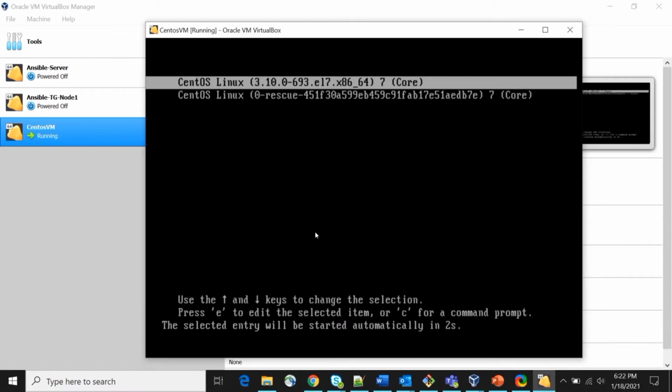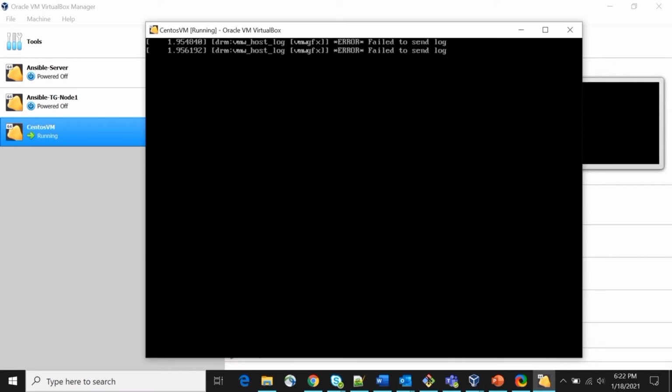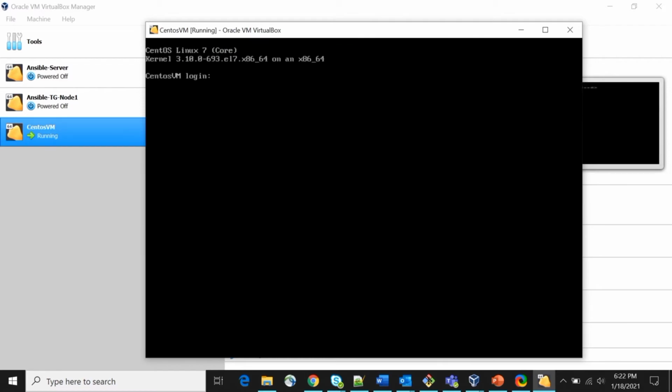It will take a few seconds to boot up, because this is a fresh installation, so it will not take much time during booting, as there is no application or configuration. Right, it came. So here I just logged in, and you can see the IP address using the ip a command.